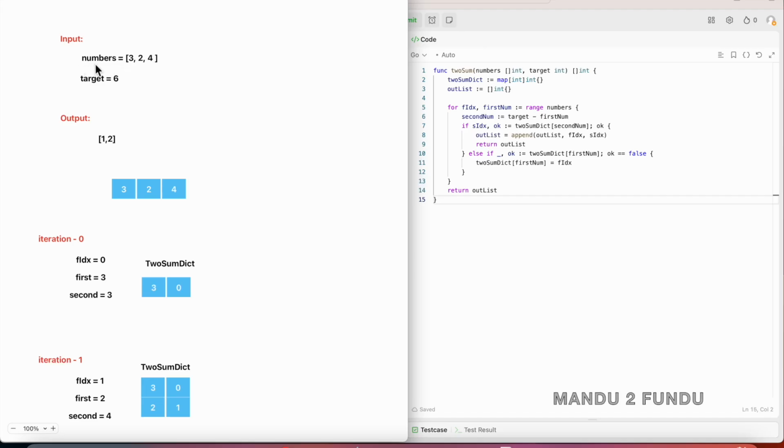So we have the input numbers array 3, 2, 4 and the target value is 6, and the expected output is 1 comma 2. So the 2 and 4 adds up to 6. So we have to return 1 comma 2. So initially the two-sum dictionary is empty. The first iteration,